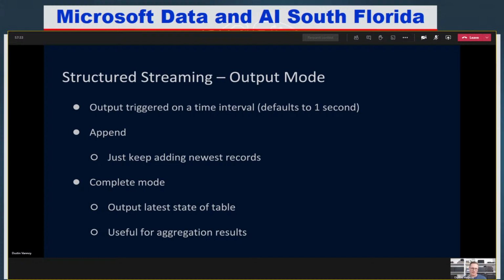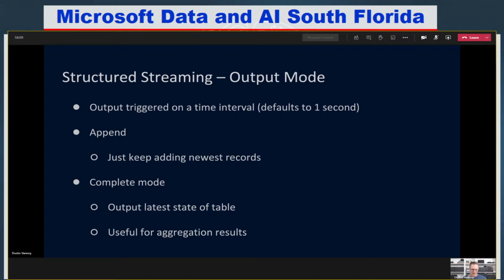Often you'll be working with the append output mode, which is saying every record I get in this little micro batch I'm processing is new. Let's just do the processing and add it on to the end, just append it to the destination. But if you're doing things like aggregation and grouping by, like vendor ID would be an example, we kind of just want to keep this thing up to date all the time and keep displaying it in some kind of downstream visualization tool, then complete mode could be a way to do that. It would give you just the latest state of the table after the calculations and groupings that you've done. There's also an update mode.